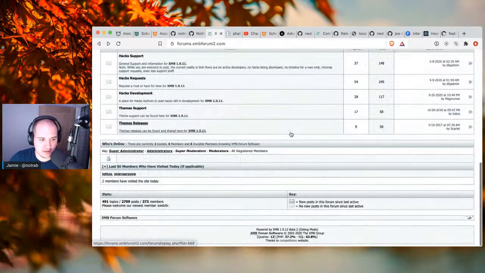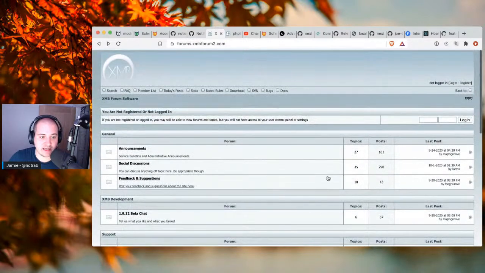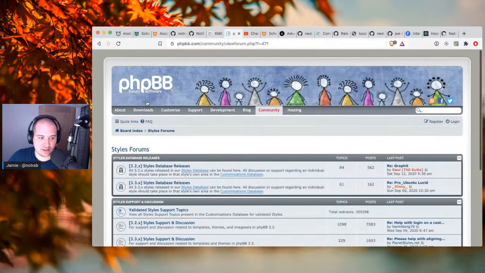This is one of them. It looks a bit old now. I think it's probably past its time, but I think we can do it some justice by giving it a kind of lick of paint and adding a modern twist to it, and we'll add some static stuff. Other ones are